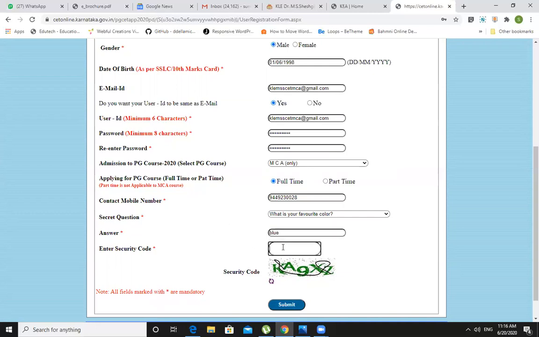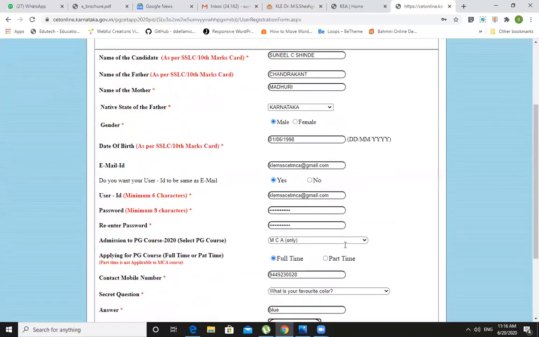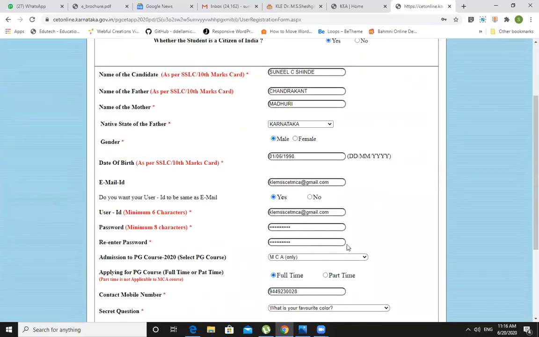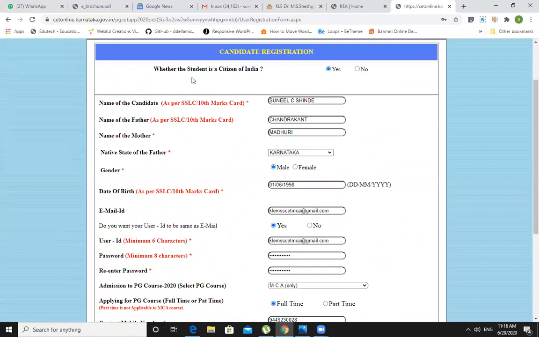And security code is like a captcha code. You need to enter it properly. Basically, you see that in this KEA website, the security code is in capitals only. Okay, so that's KA9XZ. Okay, so before clicking submit, once again you verify name of the candidate, name of the father